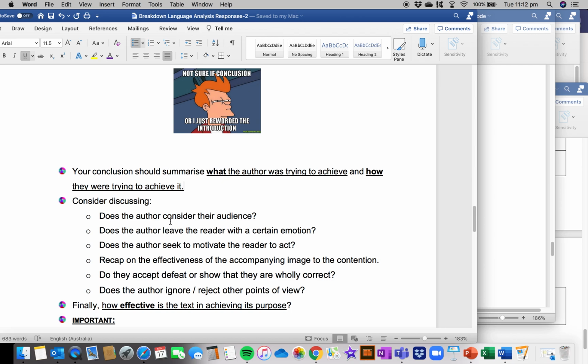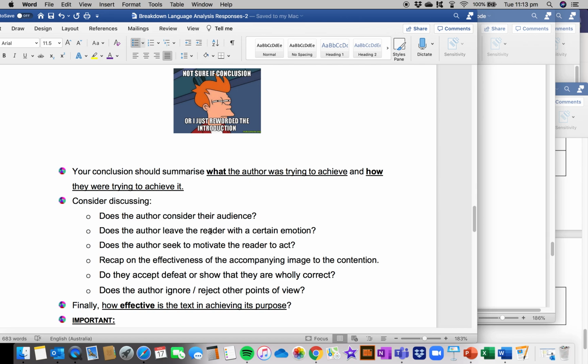You also want to consider other things. So does the author actually consider their audience? So a lot of times that's evident in the tone that they use. Are they trying to get the audience on side? Is there a friendly kind of personable tone, or is it quite aggressive and confrontational? Are they conscious of the demographic of the audience? So when they're considering the audience, let's say it's for a newsletter for young people. Are they using the language and examples that might appeal to a young person, or is it not relevant? Okay, that's consideration of audience.